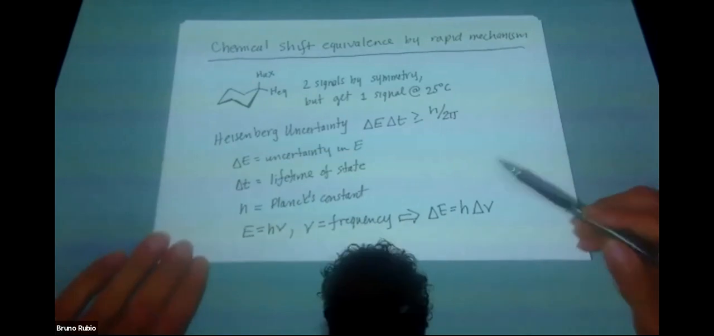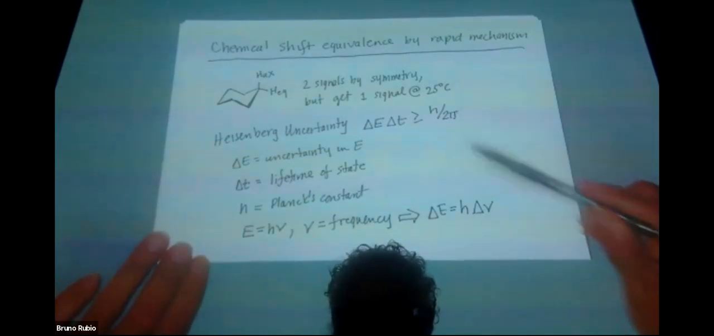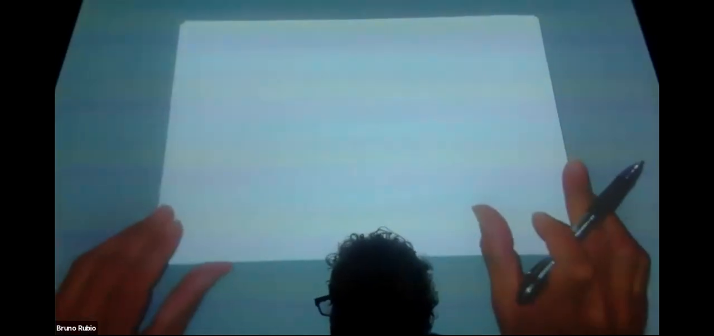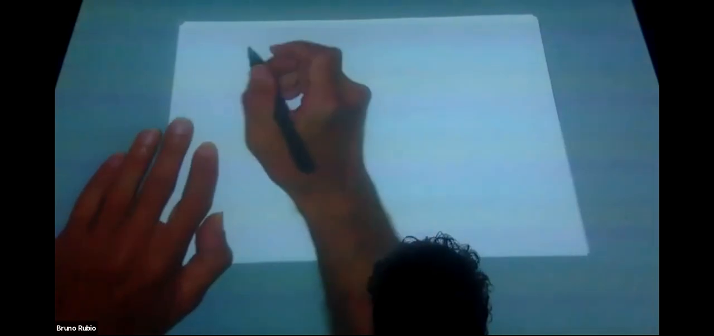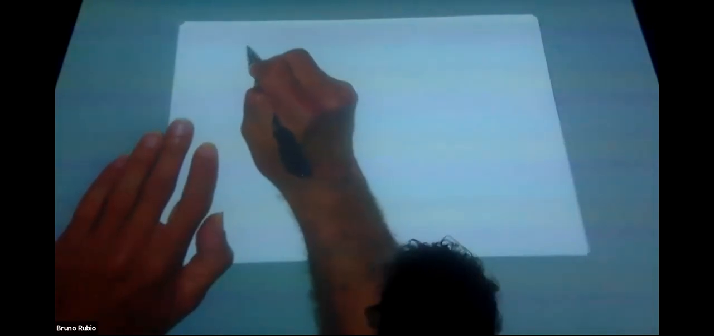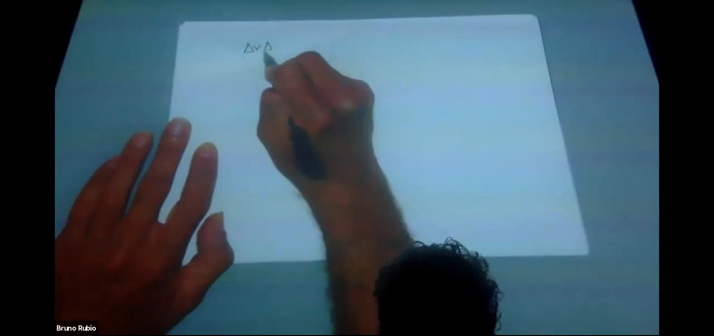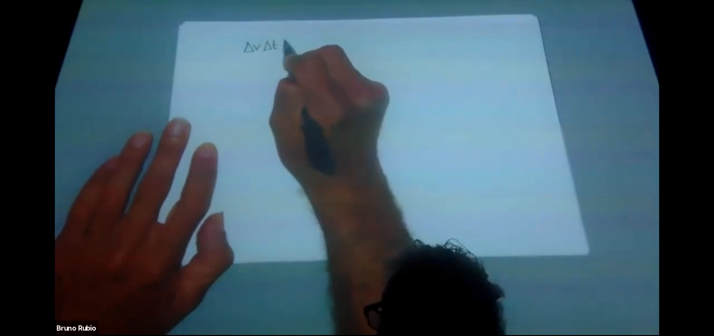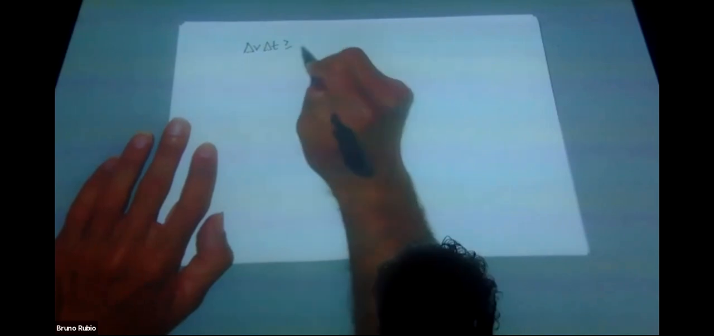Okay, so now what I'm going to do is I'm going to combine this guy and this guy. And I come up with another statement of the uncertainty principle, which is delta nu times delta t must be equal to 1 over 2 pi, right? So I just combined those previous equations and I came up with that. Okay, so now,